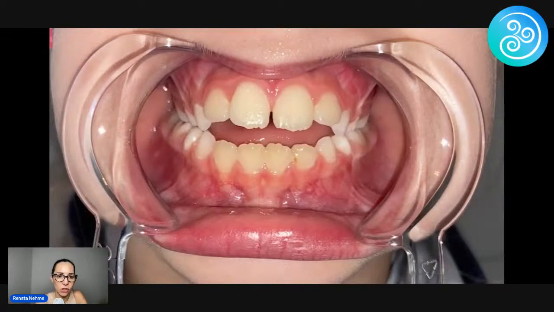And then open bite. Another thing that we see commonly that are sent to us is our open bite cases. Why are children growing to have an open bite? Why are children growing to have a tongue thrust? Open bite malocclusion is a vertical discrepancy. So it's a change in the vertical of the patient characterized by a lack of contact between the upper and the lower teeth. Depending on the location of the teeth involved, open bite can be classified as anterior open bite, usually the absence of the vertical contact between the maxillary and the mandibular teeth from canine to canine, or as a posterior open bite. So you can also have an open bite in the back.